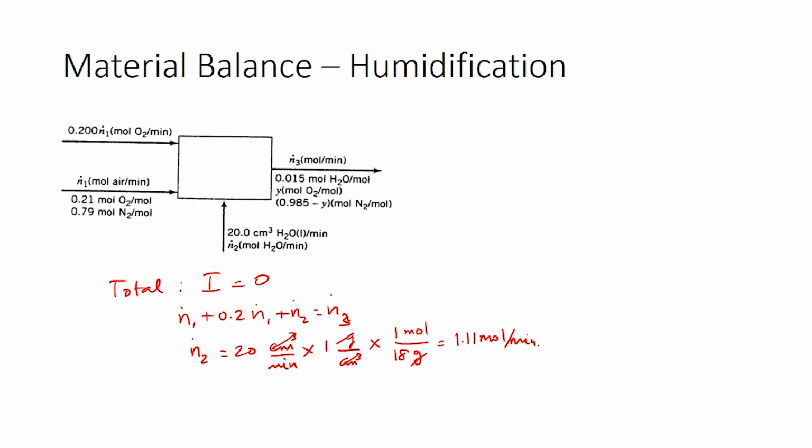Now that we have N2, we can substitute it into the first equation. We can also write a component balance for water. So, let us write this water balance. The water balance would be again input equals output. The input term for water is only through the liquid water stream. We know the molar flow rate N2 dot is equal to